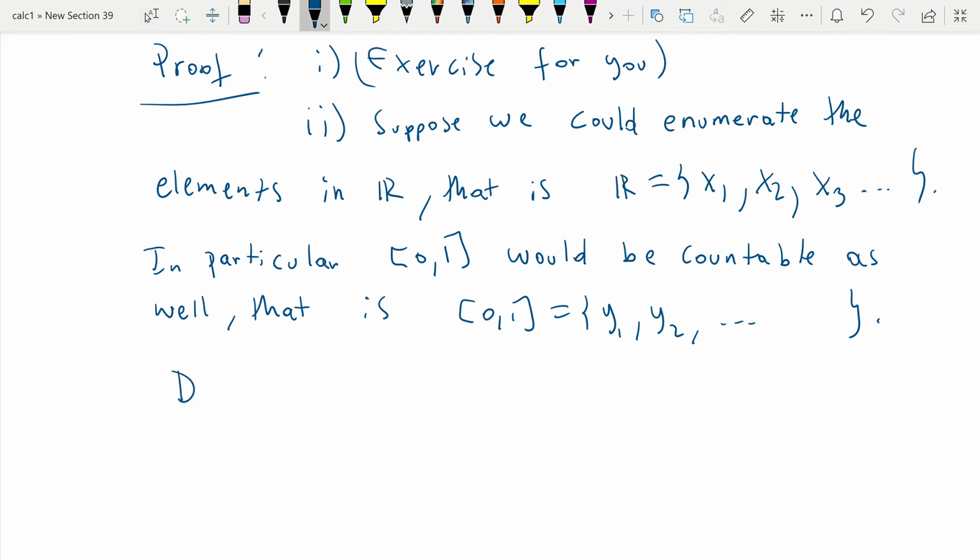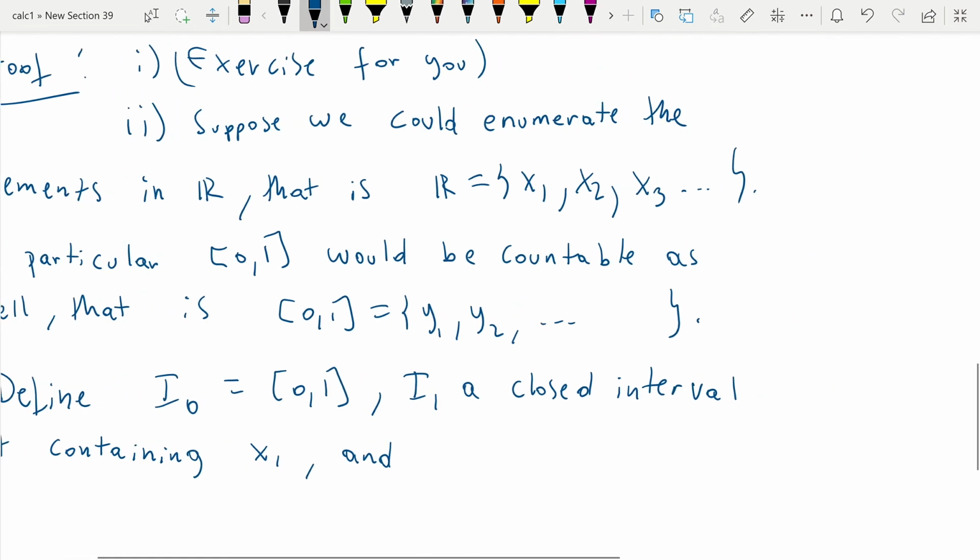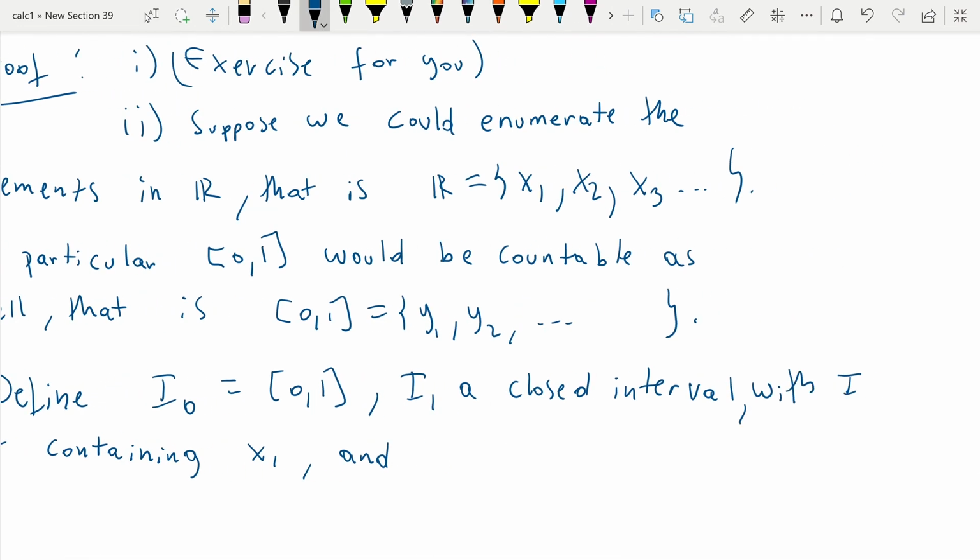So what we do is we define I0 to be the set 0, 1, and we're going to define I1 to be a closed interval not containing x1, with I1 contained in I0,